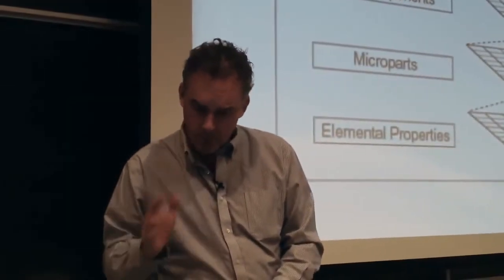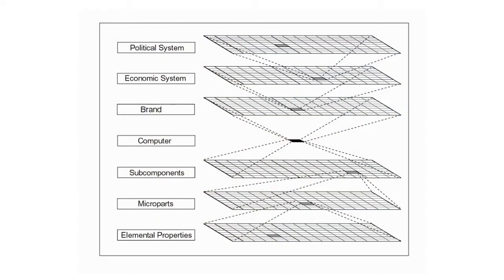So this slide is an elaboration in some sense of what I was telling you a little bit earlier about the multiple levels of reality. So the idea is that the thing that you see, which in this particular schema would be the computer, is nested inside all of these systems, or has other systems nested inside of it. And that's part of an indication of the complexity of things.